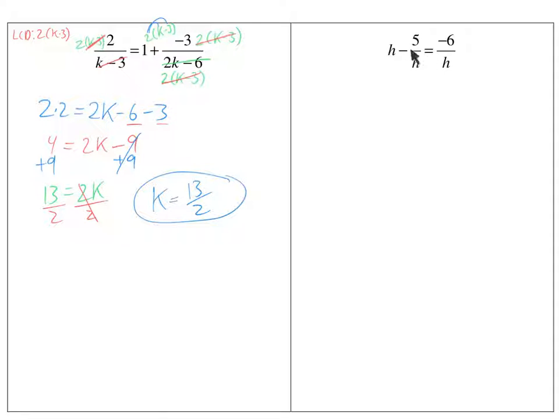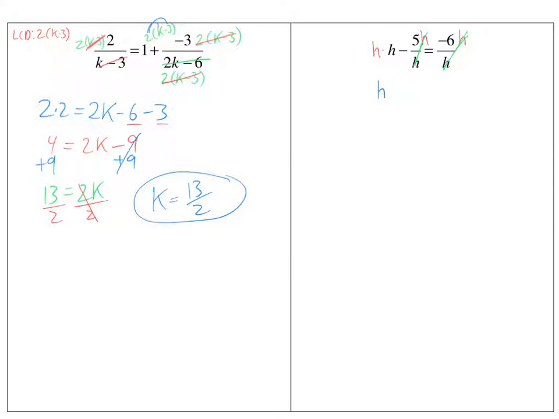For this problem right here, if I want to solve it, I need to get rid of these h's. So my LCD, can you basically tell your LCD is going to be h? So h, because they're all h's. So what I'm going to do here, I'm going to multiply everything times h. And watch what happens when I multiply everything by h. Those cancel,